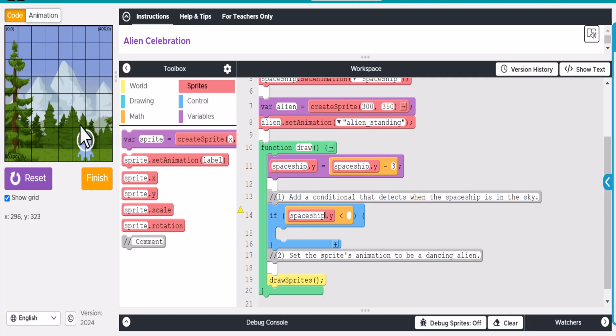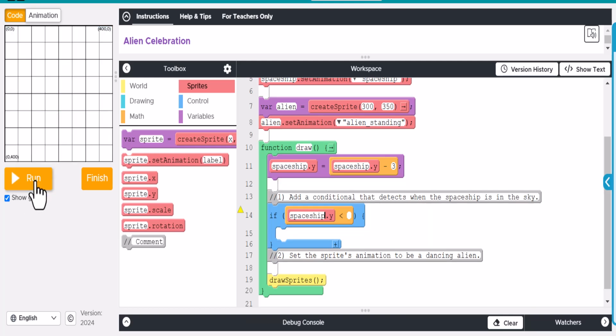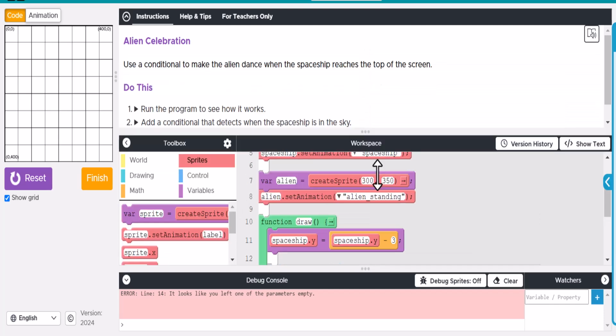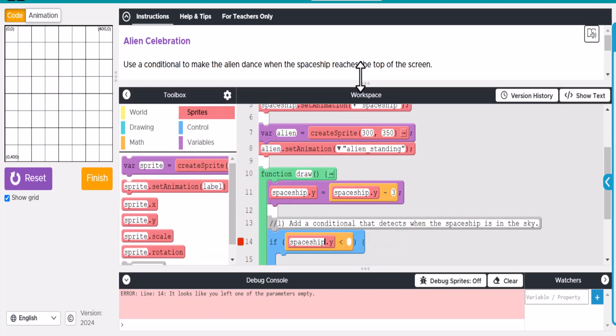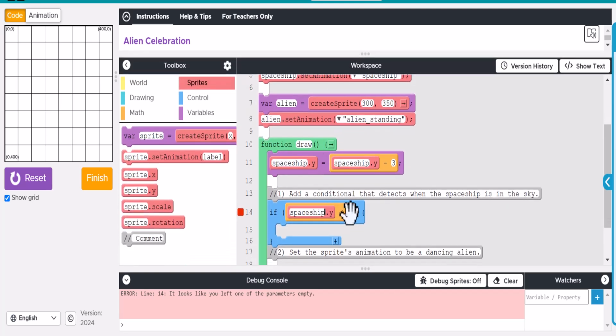And we want to see if that spaceship, let's say if it gets up around here, so this would be a Y location of like 50. Let's take a look and see how they want it. They don't run a program to see how it works, add the conditional text. So it really doesn't have a number for us. So let's just go with 50. We're just going to say that if that number gets less than 50, you know, this is 100, this is 50, so if it gets up here, once the Y location of that spaceship gets to that point,